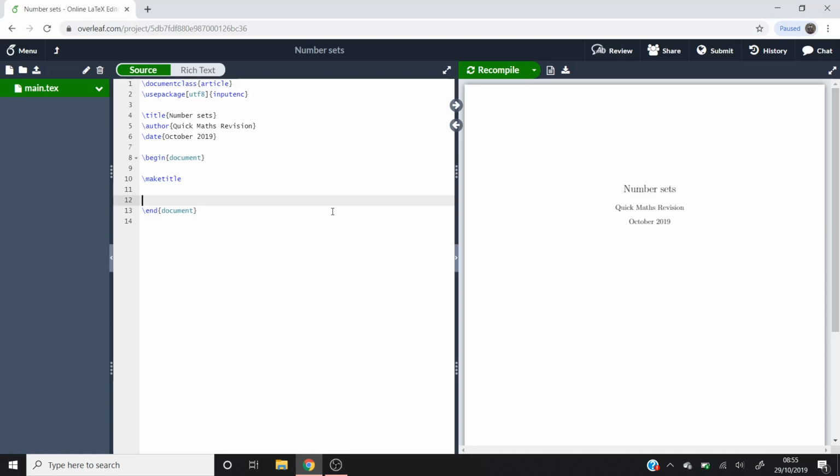Hello and welcome to Quick Maths Revision, where today we're going to be doing a quick LaTeX tutorial in creating the number sets, which is creating the hollow letters that represent the real numbers, the natural numbers, the complex numbers, and so on. So what we're going to be doing is we're going to be maximizing the use of one